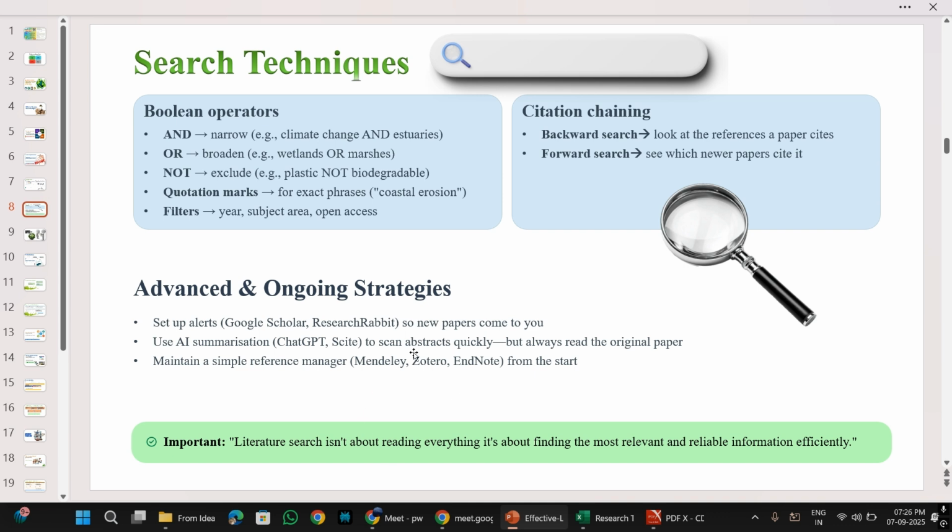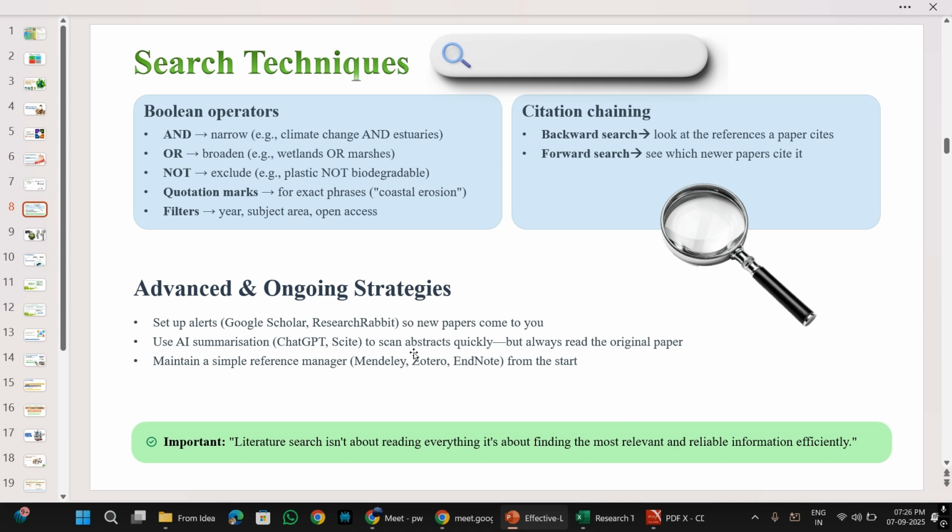So besides that, what are the other advanced and ongoing strategies? Set up alerts on Google Scholar, on Research Rabbit. There is also an app called Researcher. So you can set alerts whenever there comes any new article in the field which you are trying to research. You will get an alert on your phone as a notification that in so and so journal